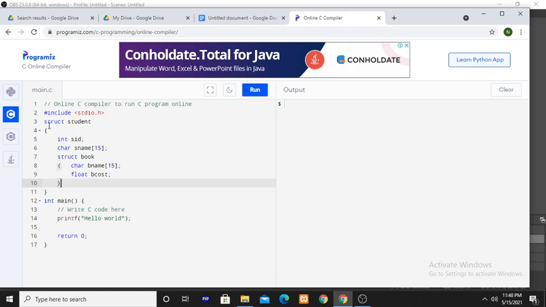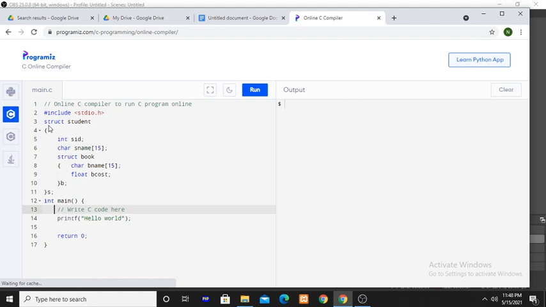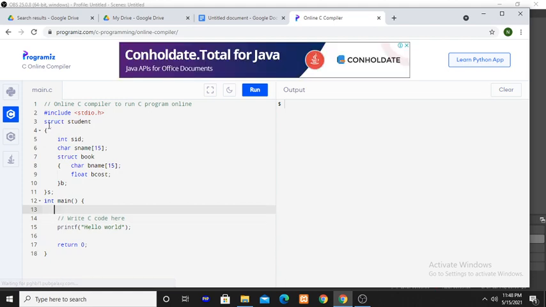You can declare the variable here also, write B. Both the structures are defined, and for both the structures, variables are also declared at the same time. Or you can do it separately in the main like this.